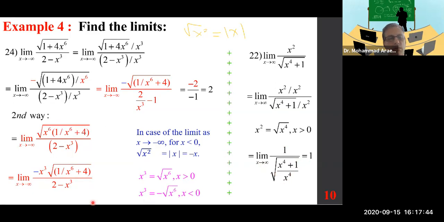So I want to write this for you in case. This part is equal to 1 plus 1 over x to the power of 4 under the radical. Now you replace the x with infinity, the second part goes to 0, and the answer is 1 over the square root of 1, which is